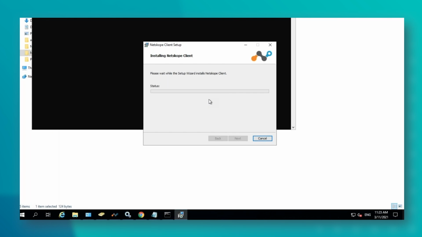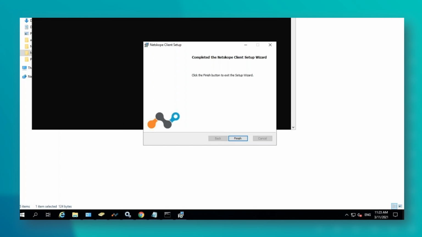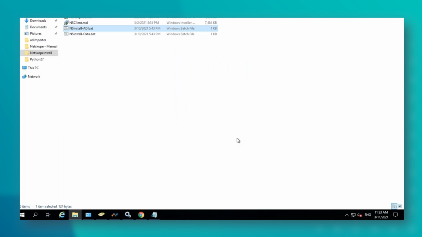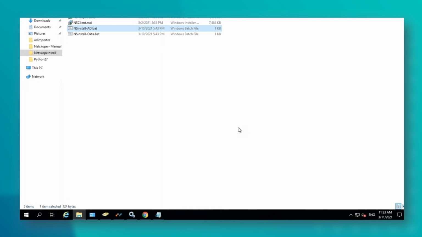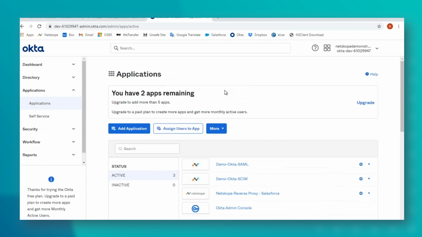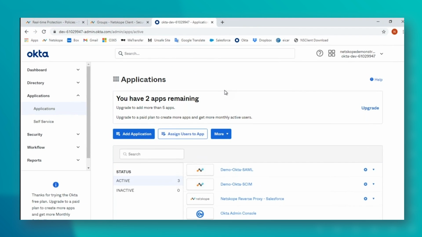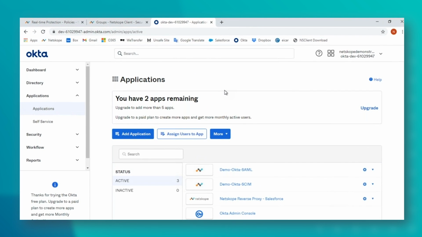So the use case for this: I am a user. I am using my own machine. So think back to my use case earlier. I am someone who is sitting at home. I've got a personal laptop. I want to log on to a company resource from my personal laptop. I do not have the client installed on my personal machine. I'm not going to install the client on my personal machine, but I'm going to log in to this resource.